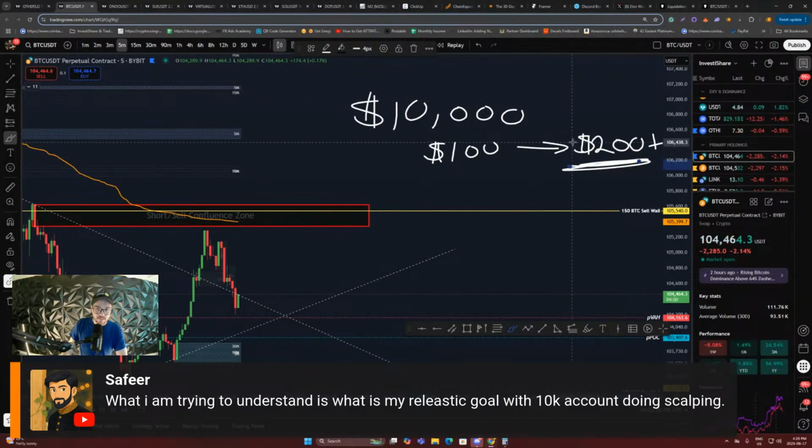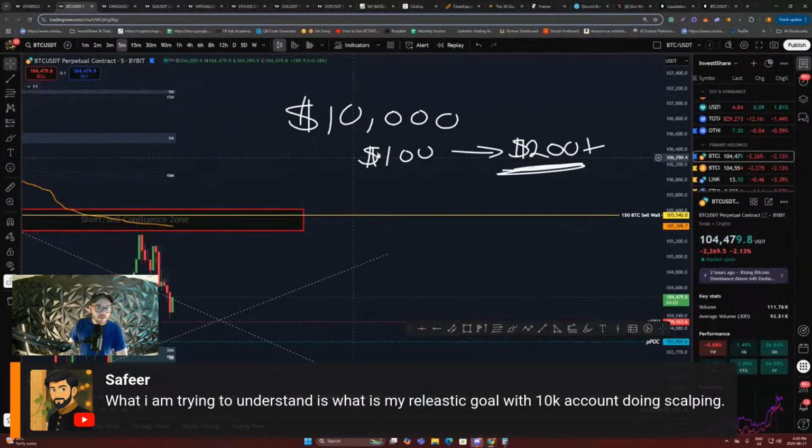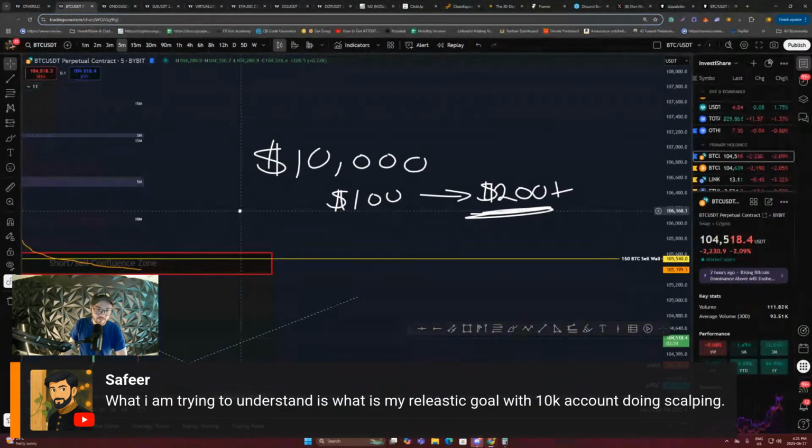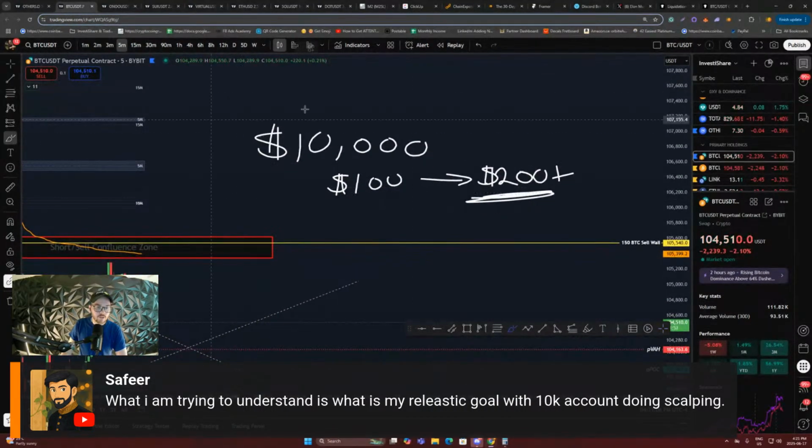So that way you're consistent, so your wins can outweigh your losses. What do you mean by realistic goal? It depends on what your goals are. If you want to be doing this for a living, you want to make sure that your percentage win rate,